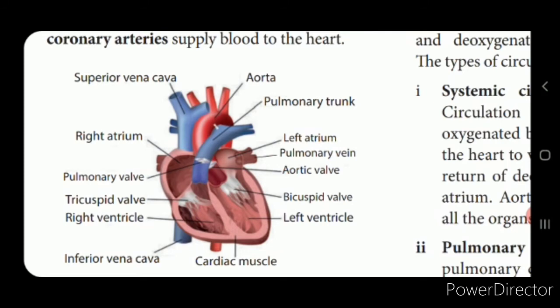Now the artery which leaves the heart has the semilunar valve, which prevents the backflow of blood from the artery into the ventricle. Now this arises from the ventricle, isn't it? So this valve, that is the semilunar valve, prevents the backflow of blood into the ventricle, and they are the pulmonary and the aortic semilunar valve. Now the valve that is present in the pulmonary artery is called the pulmonary semilunar valve, and that present in the aorta is called the aortic semilunar valve.